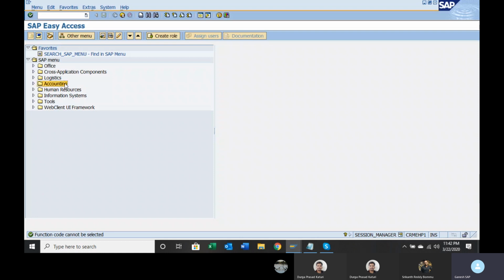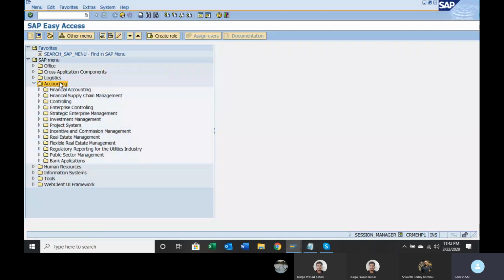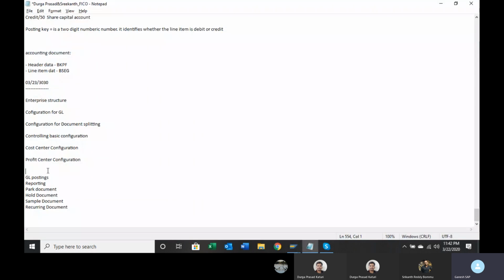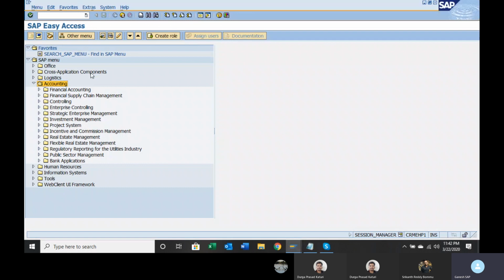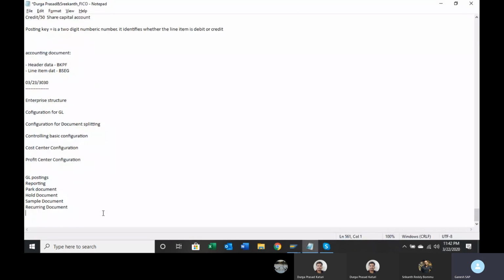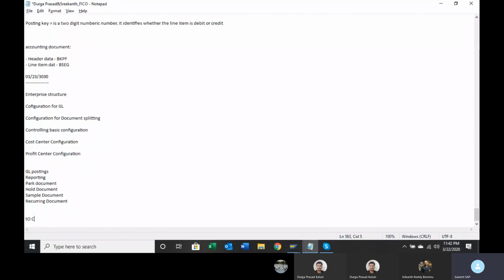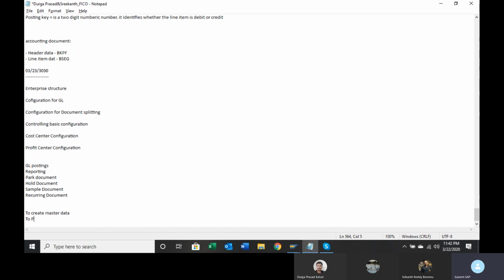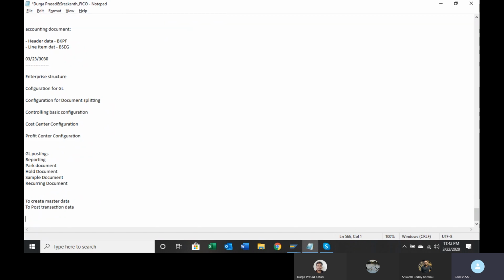Let us go to accounting. When you want to post transactions, you always have to go to SAP Easy Access. To create master data and to post transaction data, we have to use SAP Easy Access.